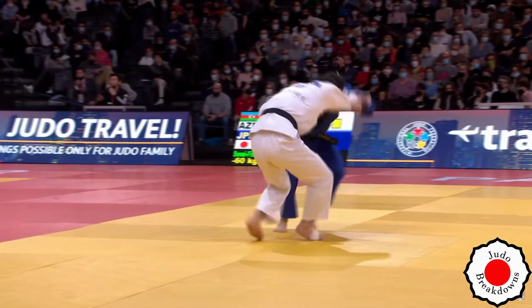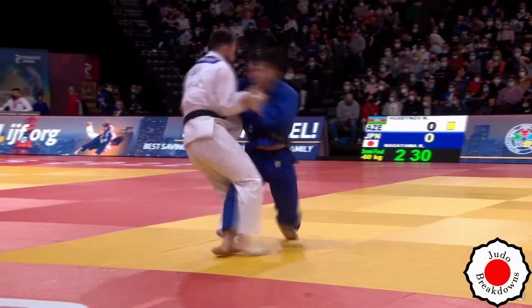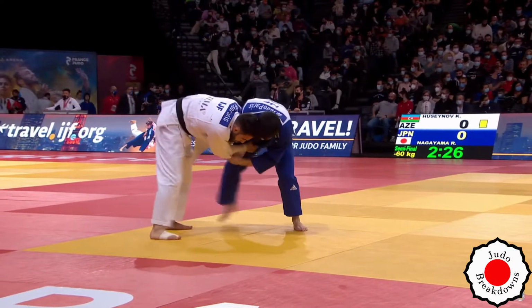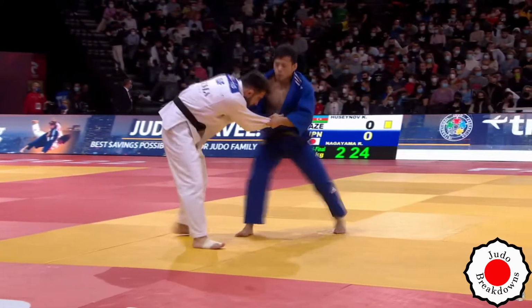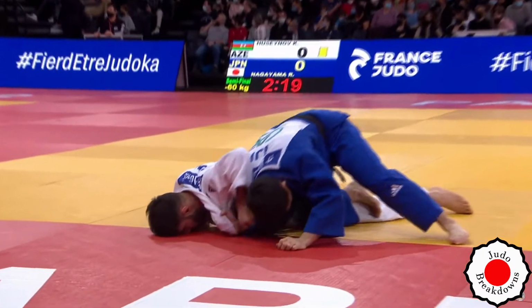And not quite sure what to make of that per se, because he was on his knees before he really got anywhere. Oh, there was a potential there for the Kouchi. So the Uchimata into the Kouchi, if he could have driven a bit more, and the Uchimata attempt from Karamat from the left side,